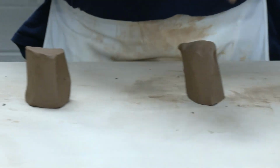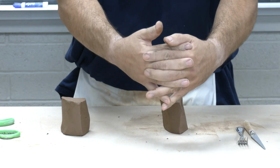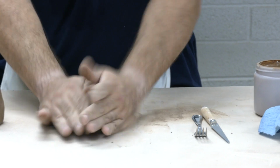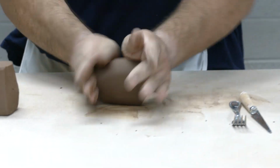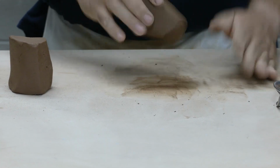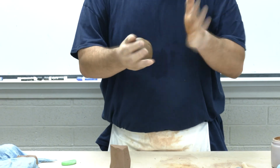With these halves, you're going to take your hands and you're going to do what's called wedging. I usually put my hands together, and what I'm going to do is just bring the clay up, and it's the opposite of kneading. Kneading, you're putting air in. Wedging, you're pushing the air out. And what I'm actually doing by doing this is working the particles together,